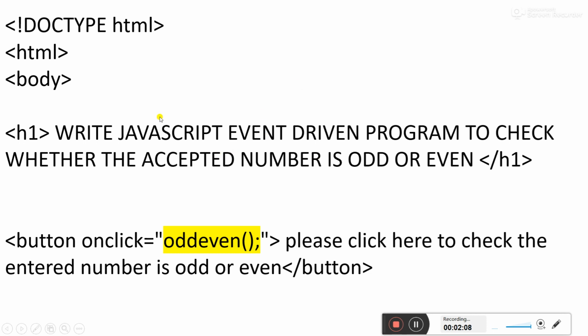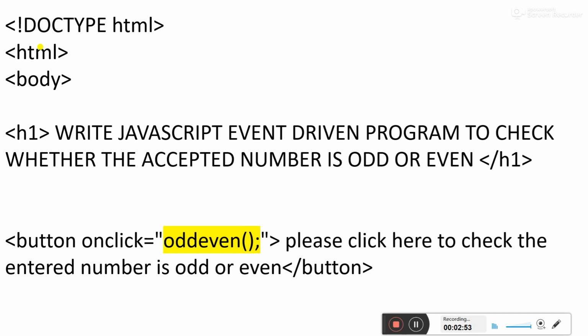So here it is. Let's start with the program. The first tag is doctype HTML. Why do we require this statement, doctype HTML? Because we are working in HTML5, right? As I already explained, whatever program we are going to write is in HTML5. So it is a compulsory tag when we are writing a program in HTML5. This doctype HTML is a must tag, which is compulsory to write before any program. Then HTML and body are also compulsory tags when we are creating the HTML file.